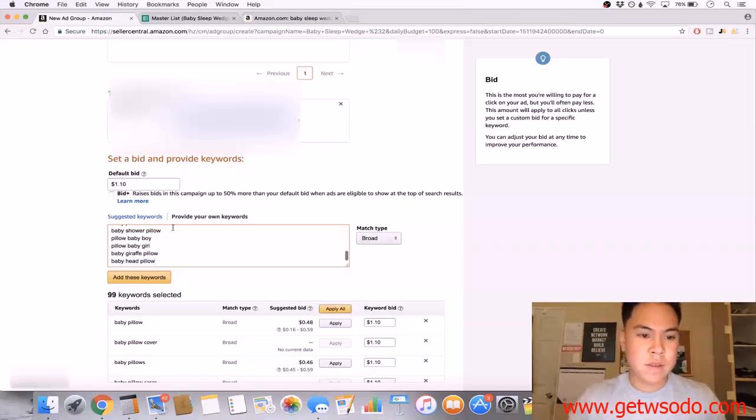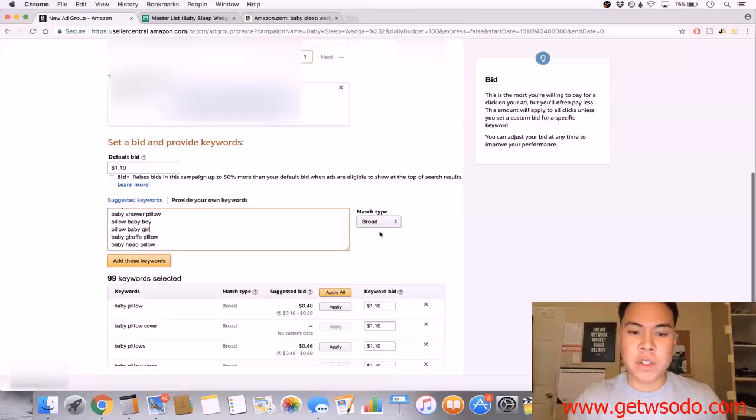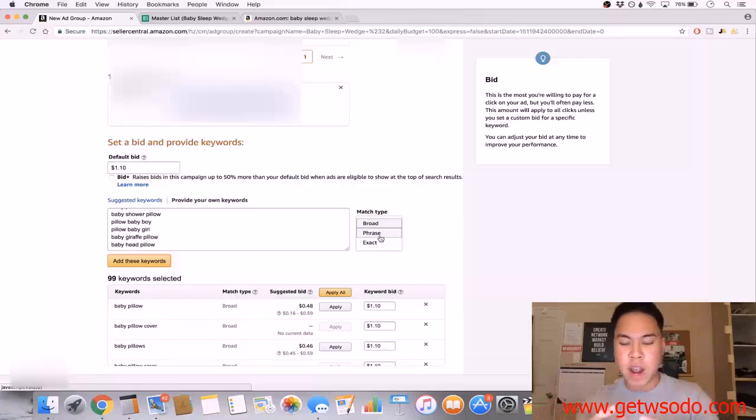So when we add our keywords, we want to go ahead and select our match type. We want to select phrase. There are three types of match types: broad, phrase, and exact. We actually want to select phrase because phrase gives us a more specific group of words that we've